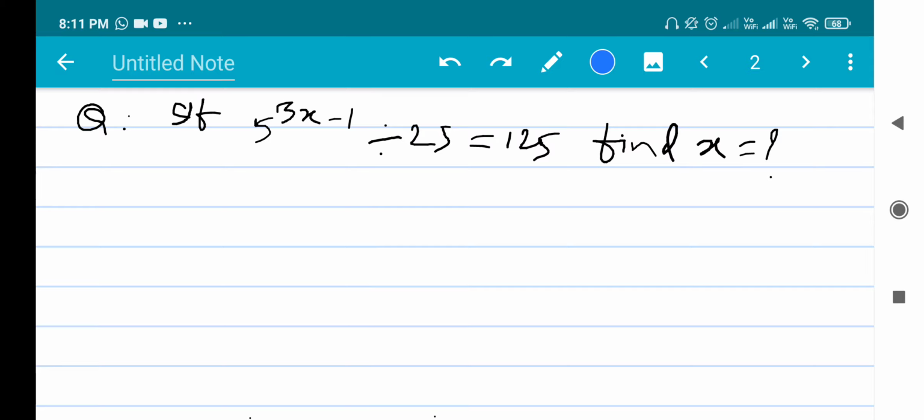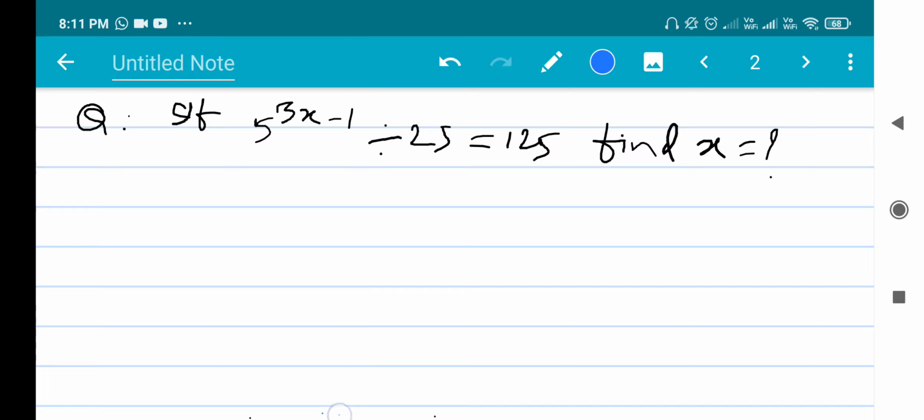Good evening to everyone. Today we want to solve some important questions on power and exponent. This type of question is many times asked in RIMC, Science School as well as RMS and Science School 8, Science School 9th class and some other examinations. Without wasting time, we go for the solution.